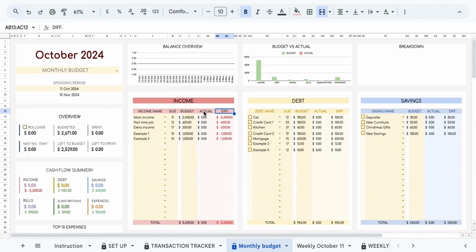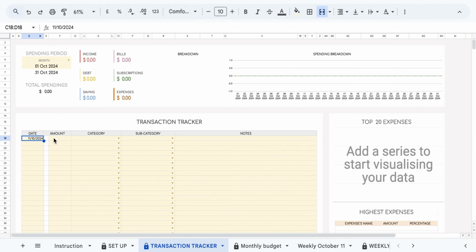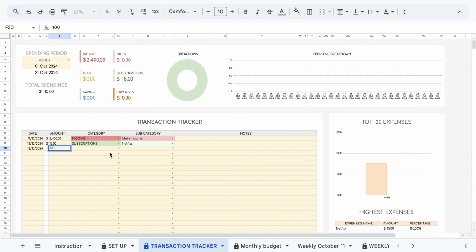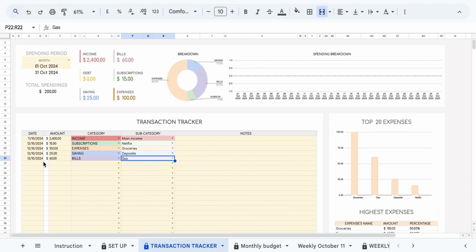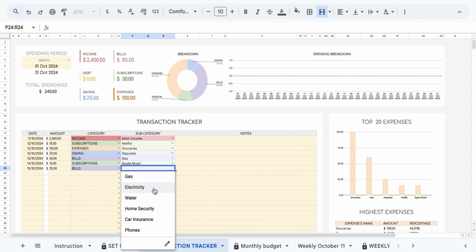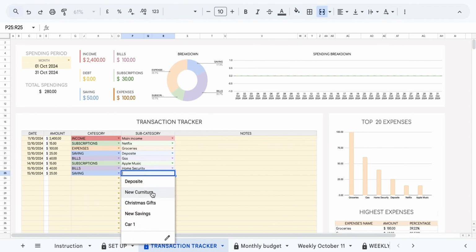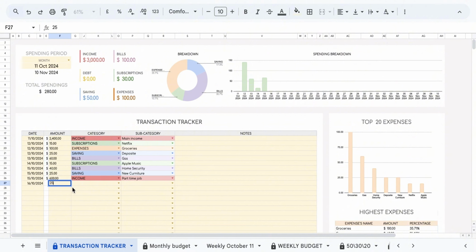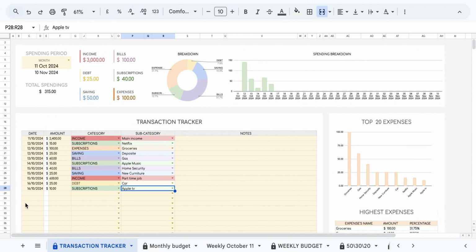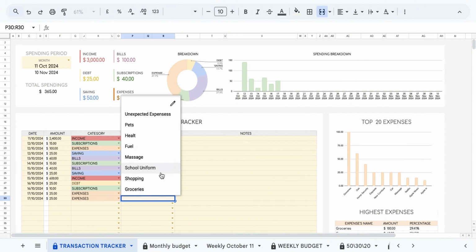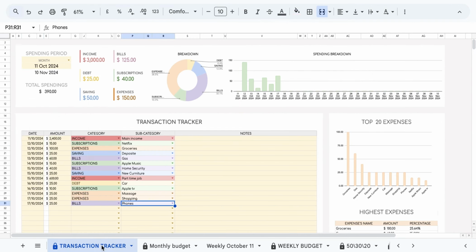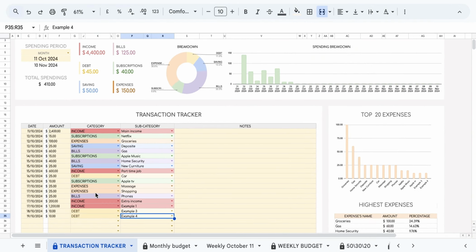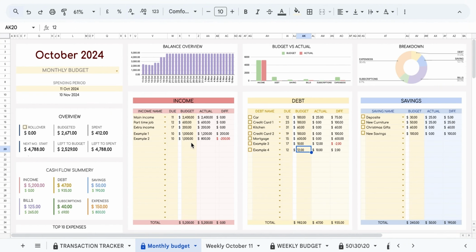About actual and difference columns, please don't enter anything in the actual and difference columns on this sheet. Instead, you'll need to record your actual income and expenses in the Transaction Tracker tab. The Monthly Budget and Weekly tab will automatically pull that information over to the actual column. The difference will also be calculated for you automatically based on the numbers you enter in the transaction sheet. So, remember, all your actual spending and income should be entered in the Transaction Tracker sheet, and everything else will